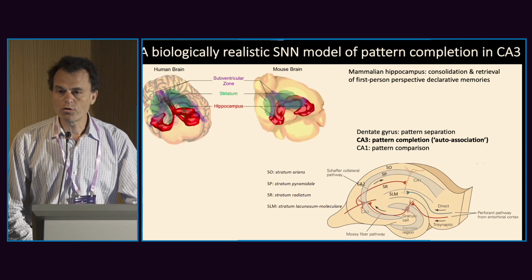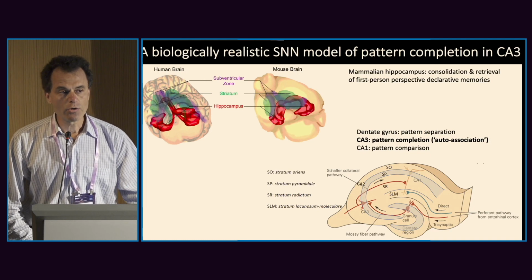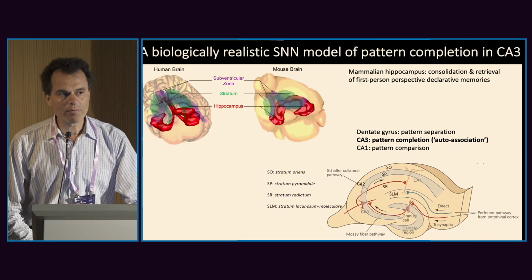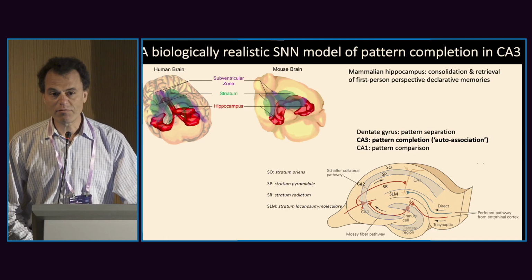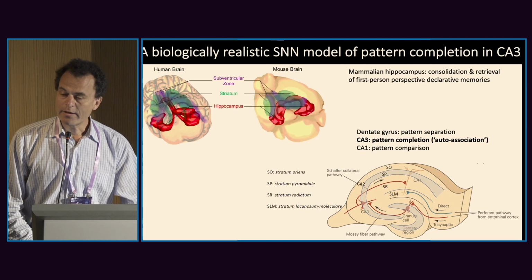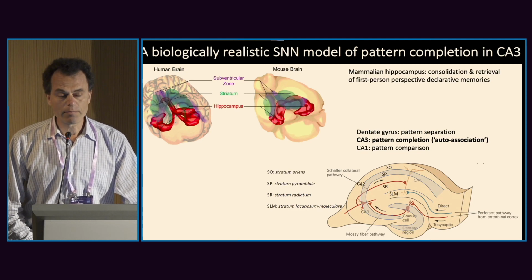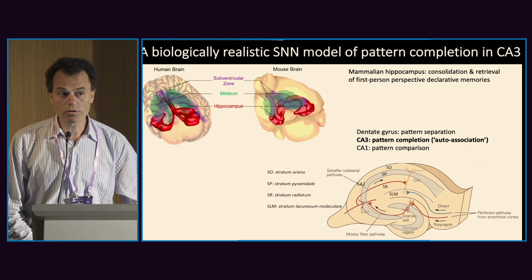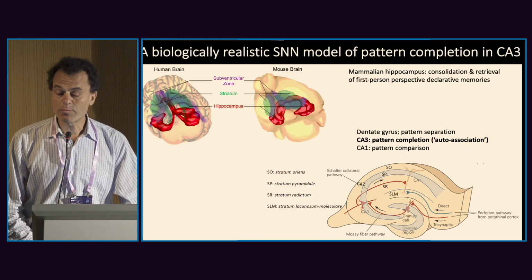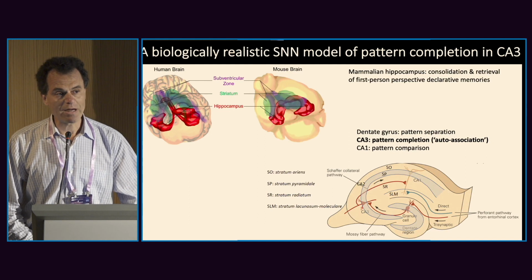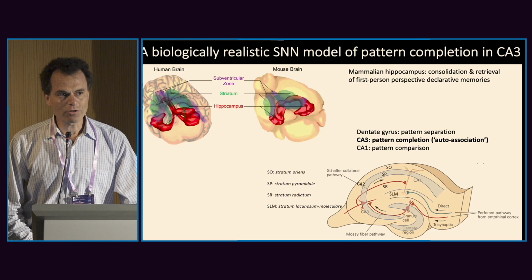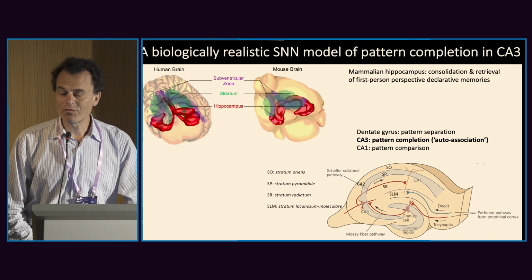For example, you go to a conference after a few years, you see a colleague and you retrieve in your mind the experience of having met that colleague at a conference maybe 5 years prior. And this process of episodic memory in cognitive science is known to consist of 3 distinct processes: pattern separation, pattern completion, and pattern comparison. And the anatomy of the circuit of the hippocampus has been known for over 100 years,